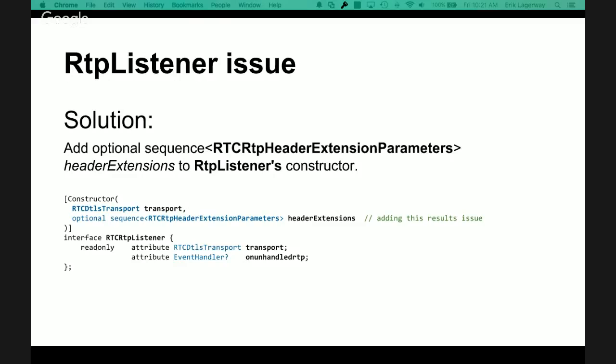You can't prevent it, because you can construct an RTP listener based upon a DTLS transport the way it's set. But if there's no receivers, does that even really make any sense? Well, the other option is to throw an exception. Yeah, that's what I'm thinking. Throw an exception if you have no receiver. That would force the programmer to pre-create a receiver before the RTP listener object can be constructed.